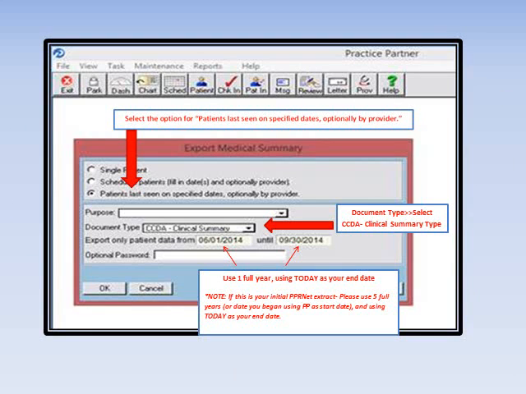From the Export Medical Summary option, the first thing you'll want to check there is the option saying Patients last seen on specified dates, optionally by provider, on the top of the screen. For the document type, you'll select C-CDA Clinical Summary Type, and a very important step, for the export only patient's data